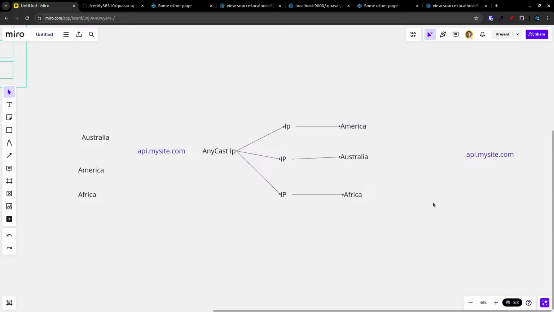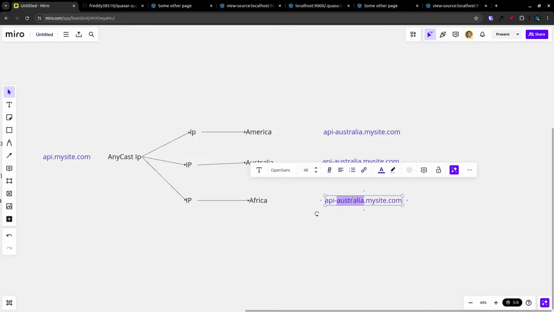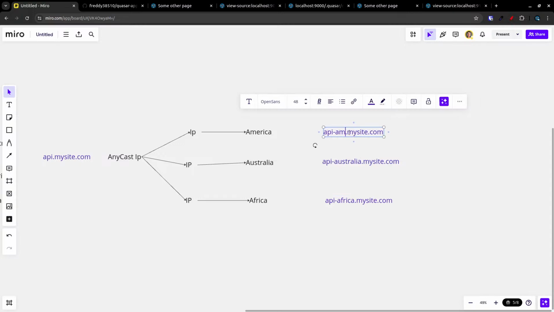Now, that all sounds great, but there's two ways you could then solve this. You could say, for example, API-Australia. So you could have a separate server for each site, and then a separate database as well for each site. This is one way to do it. And I believe Amazon does something like this. If I go to Amazon.com,